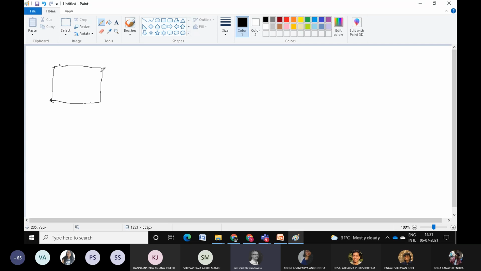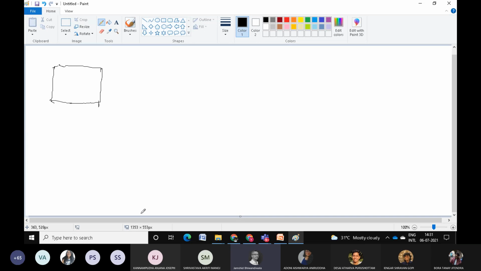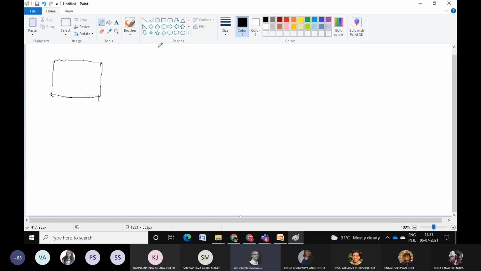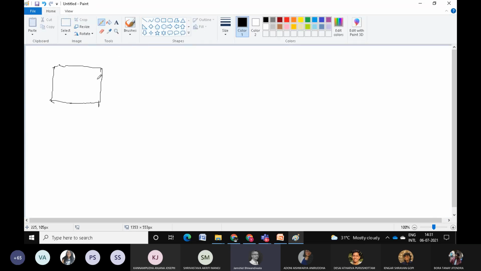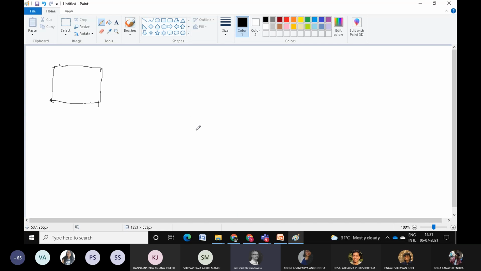This is a very big understanding for our architecture students, because what we usually do is give columns wherever we put beams, but that is actually not necessary. This can easily be a two-way slab. Usually a two-way slab is indicated like that. You could have a two-way slab with beams on all four sides and columns.